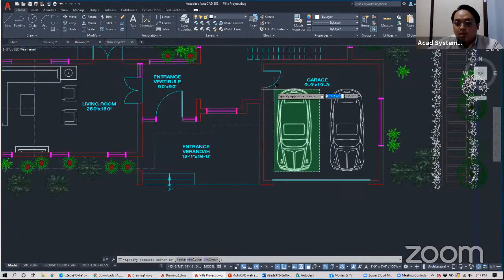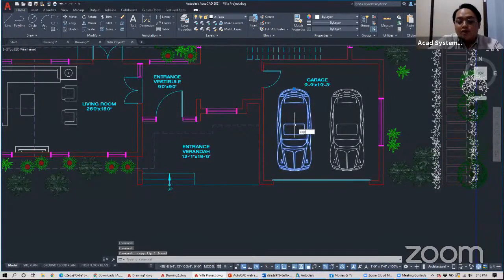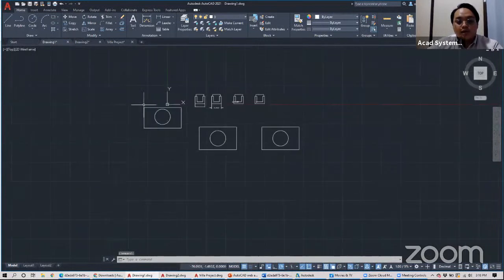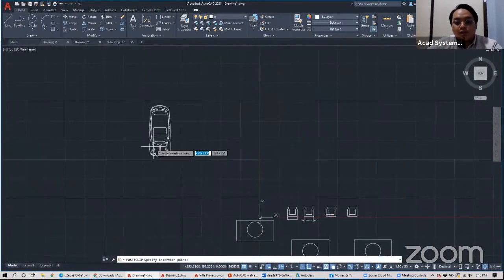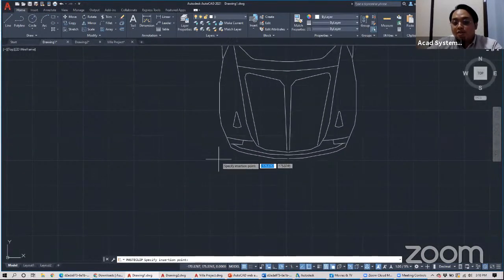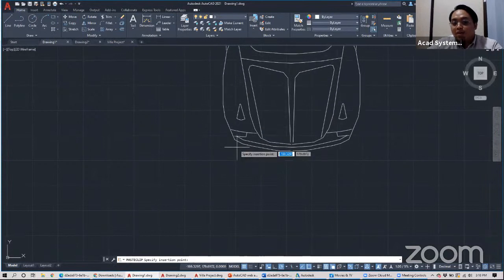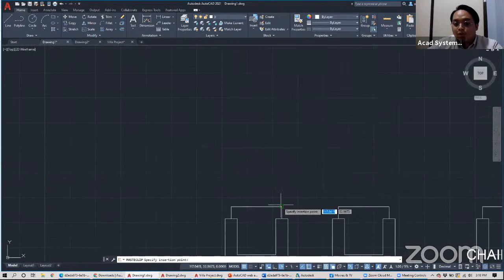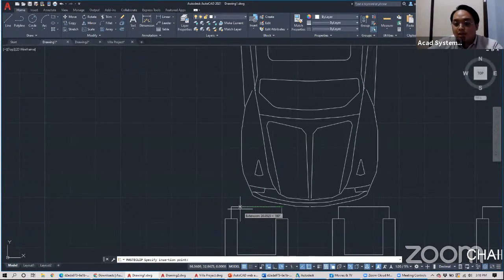And then I just Control C, or we can use copy clip, but usually people use Control C. And then I will paste this here, Control V. You can see that my cursor here is not specified to any of the part here. So if I want to snap to anywhere, you can see that I cannot make it